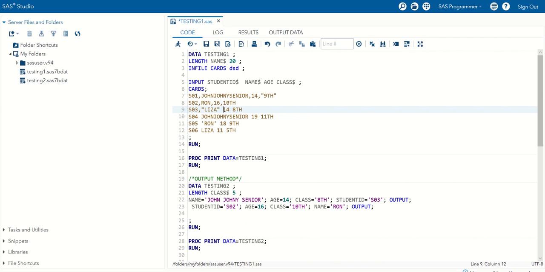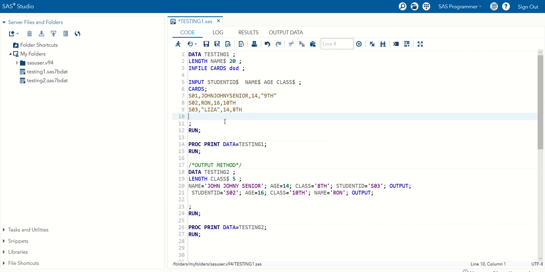Let's assume we only have three rows of data for now. If we want to identify only comma, single quote and double quote as delimiters, then we can use DSD instead of giving that long delimiter equals line which we discussed just now.